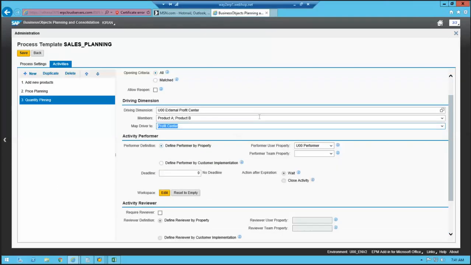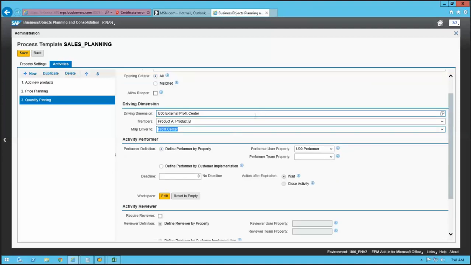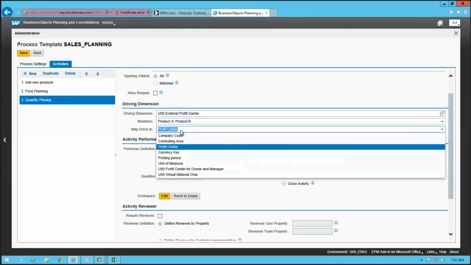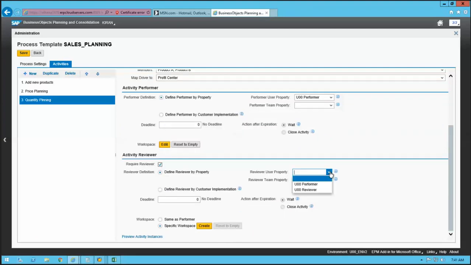Yeah. And this info object is already there in the queue, so we don't have to do anything. Yeah, ERP profit center is already there. This UW EPC is not there in the queue. Okay. So it requires a reviewer. And for the reviewer I want the U00 reviewer, when the reviewer reviews this particular quantity planning. But the number of members